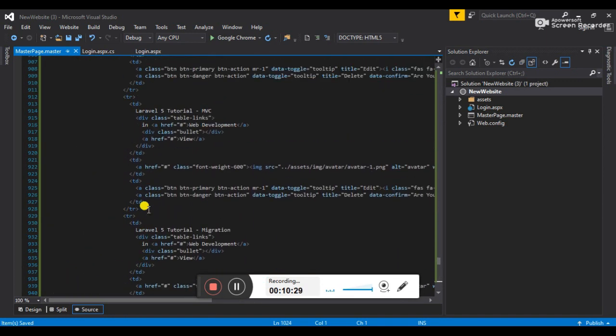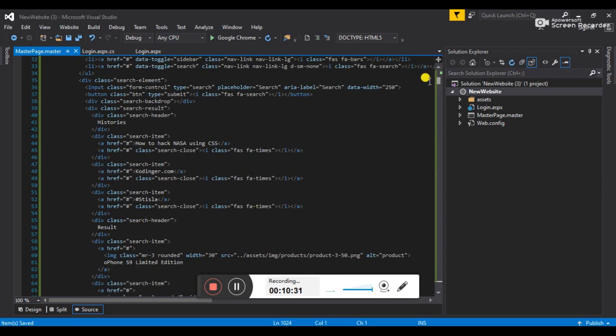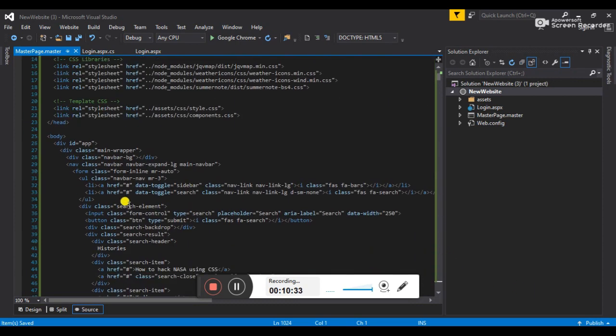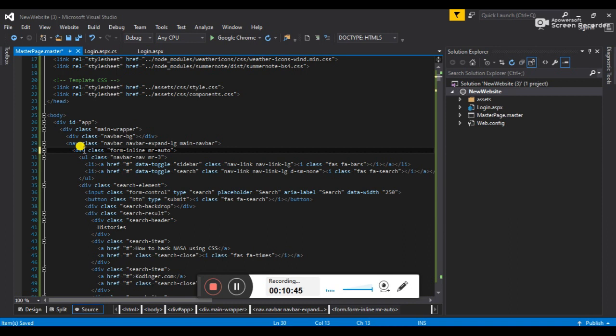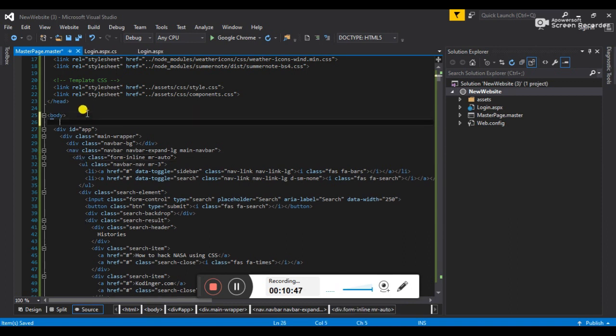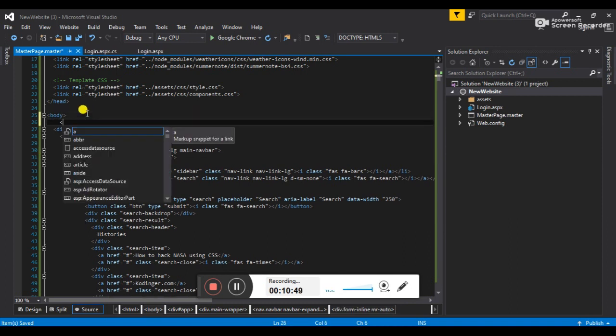Alright, now we have to move the form tag here, because I told you in the previous session also that we need the form tag with runat server in order to provide an ASP element.